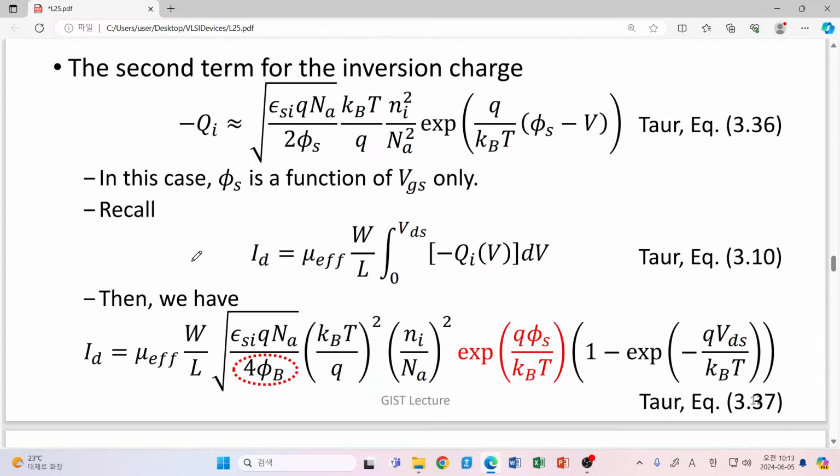So here we have one expression for Qi, and from this Tower equation 3.10 we can just perform the integration